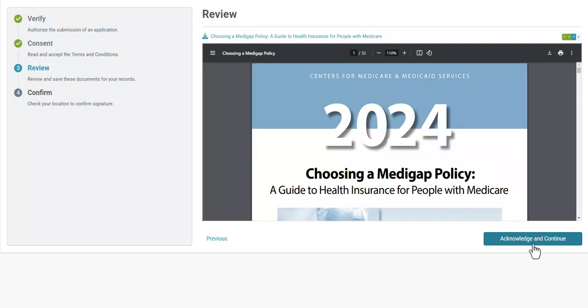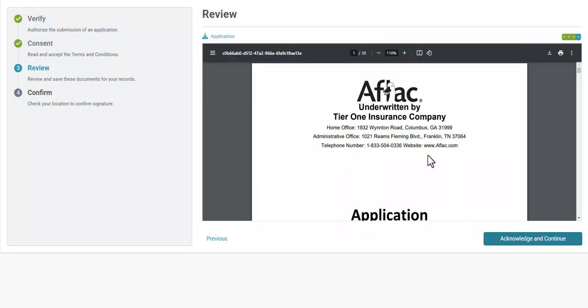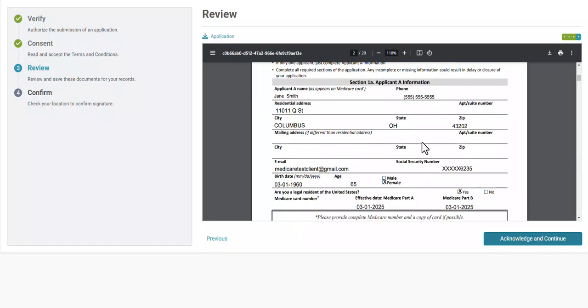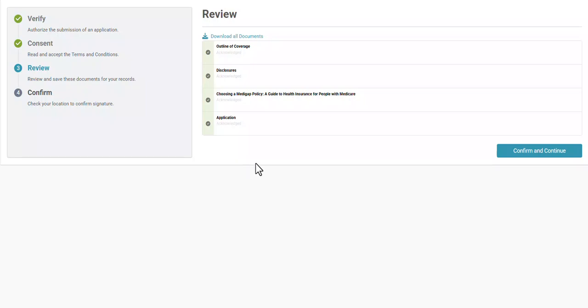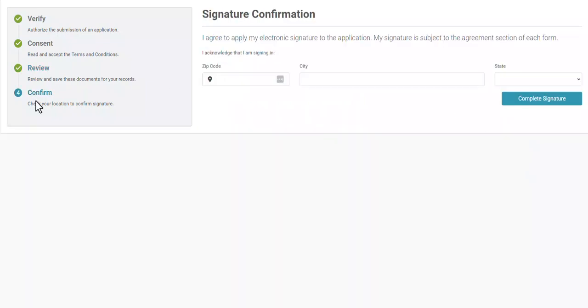We now have the choosing a Medigap guide. We can acknowledge and continue. And then the last is going to be the application. So they will just review this application and then hit acknowledge and continue. So then it's going to show them that they have reviewed all 4 of those documents. And then if they wanted to download all the documents at one time, they can do that. So it's very simple for them just to view the document in the screen without having to open up the document. After that, we'll go ahead and click confirm and continue,